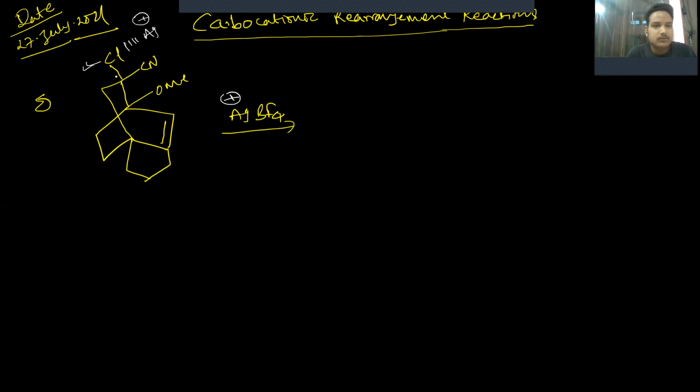So we need some driving force. So what is the driving force for the reaction? If we see here, we have to look for a bond which is anti-parallel to this bond. So this bond looks quite anti-parallel to this bond. So this bond has to migrate and eliminate this Cl atom, because the Cl bond has become very weakened because of the chelation with this Ag positive ion. So we have the driving force of the reaction.